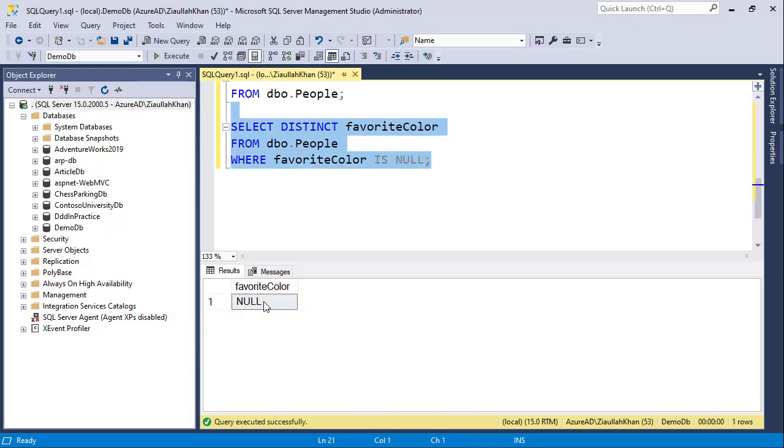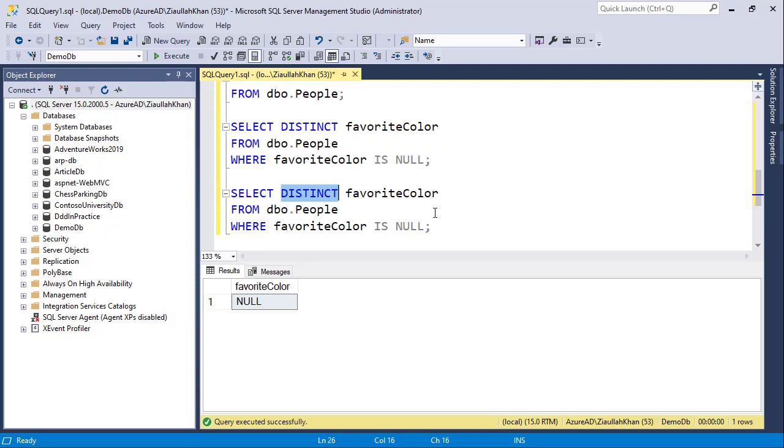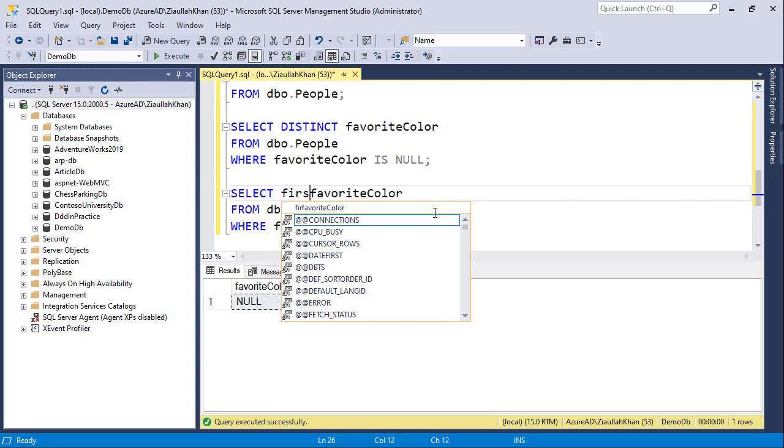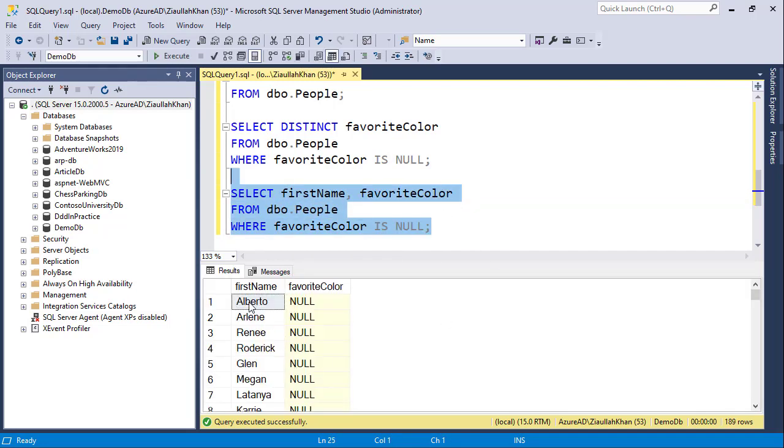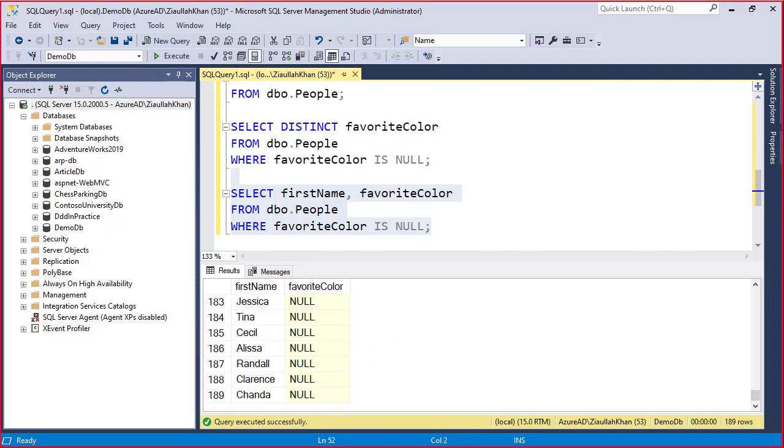So it's going to come back with exactly one row, and just because it is coming back with one row, it doesn't mean that there is only one null entry. If I come here and say, okay, give me the first name as well, and if I execute this query again and hit F5, it came back with 189 rows, and these rows here did not mention their favorite colors. Make sense? So I'm going to move on, and